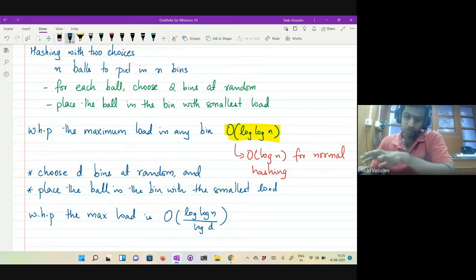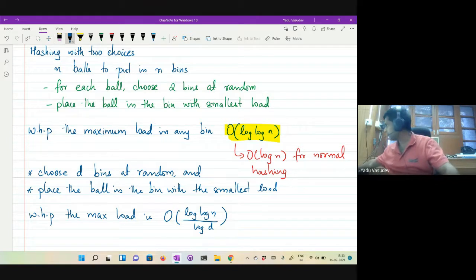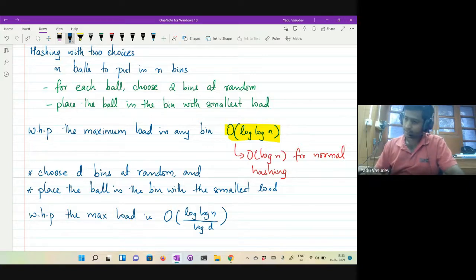So, the analysis is fairly technical for this. We will not do the analysis, mainly because the technique involved in proving the statement we will probably not see again in the course. So we will probably not spend time trying to analyze this for now. It is there in the book. I can give the reference. You can go over the reference, but we will not do the analysis.